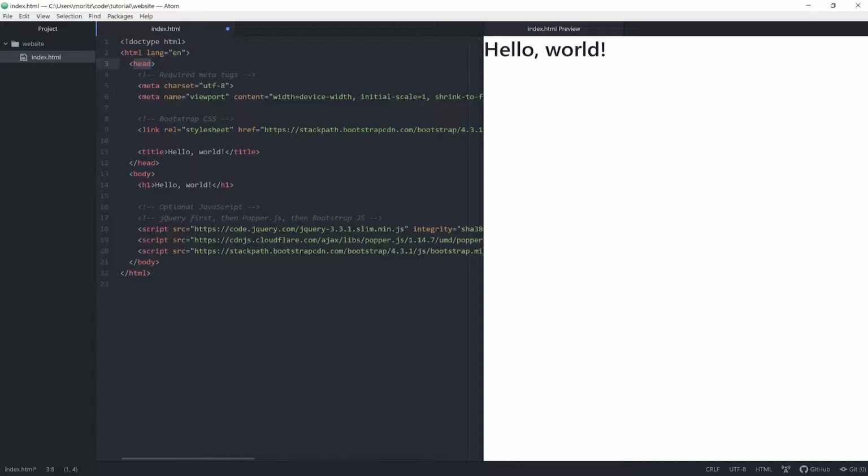Here we have the head element for our metadata. Let's define the character encoding. We are using UTF-8. In the next line, through the viewport, we ensure that our website works fine on mobile devices. Then we link to the style sheet of Bootstrap. So all Bootstrap elements have the styling that the designers from Bootstrap defined. You could actually also download the style sheet and save it in your directory. This is great if you want to play around with your code offline.